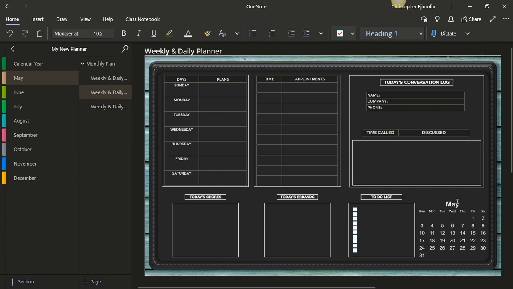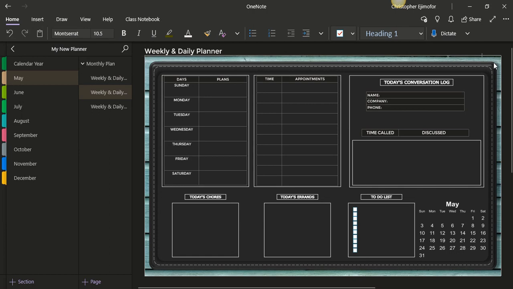So you can put right here, because the template that I gave you guys in the description doesn't have this May right here, but I'll show you guys how to use Inkscape to do it. So I would like you to pause this video and you go to the description and download Inkscape. It is free to download once again, and you can download the templates also, and you can also